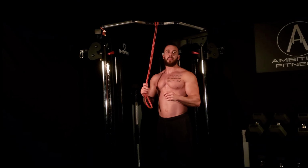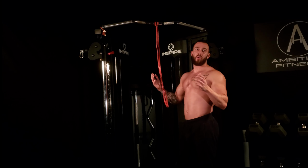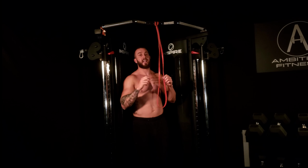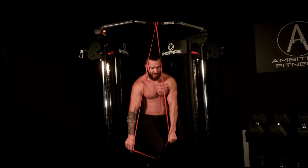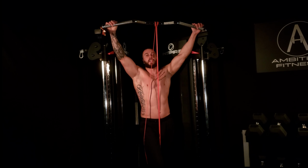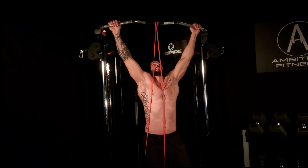Okay, so the last tip is going to be just to use a band. All we're going to do is mimic just a regular pull-up, but we're going to use the band tension to assist. It's really easy, and it's a great way to build that effective volume in the exact same movement pattern. So you take the band, put it around your knee, right? Then that allows us to cross our feet over just like we would with a normal pull-up. Get that hand grip just outside shoulder width, tuck the legs and cross them over, chest up,